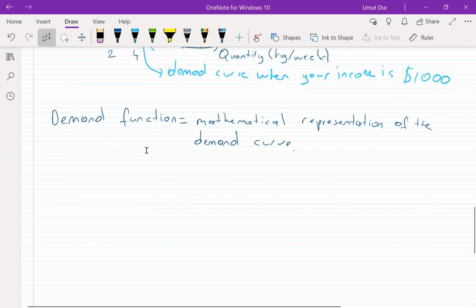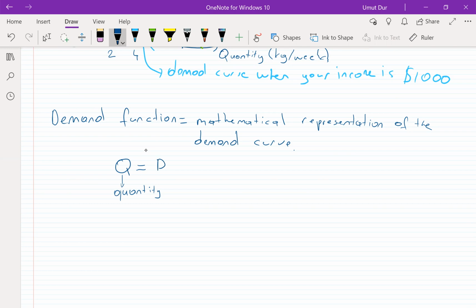So we will represent demand with Q. Okay, so it will stand for the quantity. Okay, and the demand function will be represented with the D. Okay, and it will have some inputs here. The input for the demand function will be the price of the goods. For example, if you are talking about beef, then it will be the price of beef. Okay, so this is quantity demanded